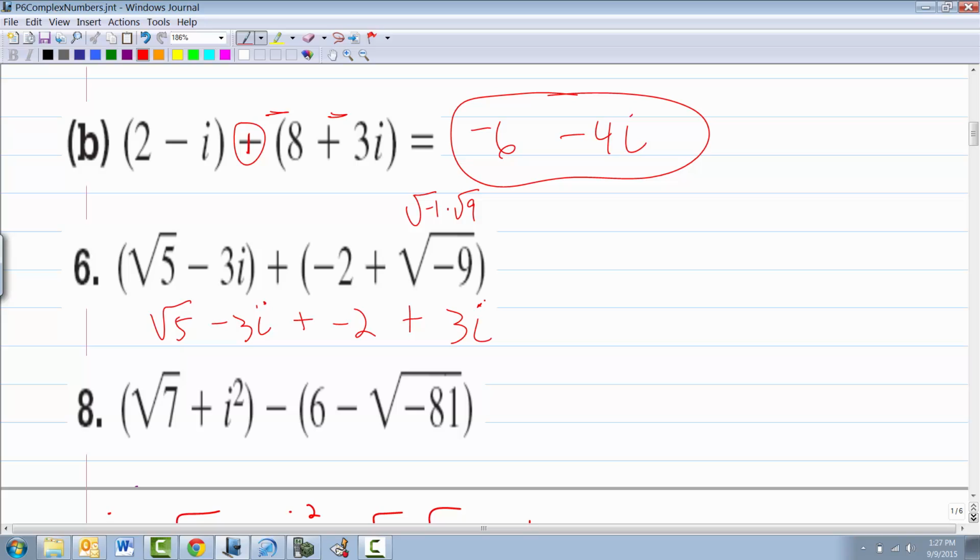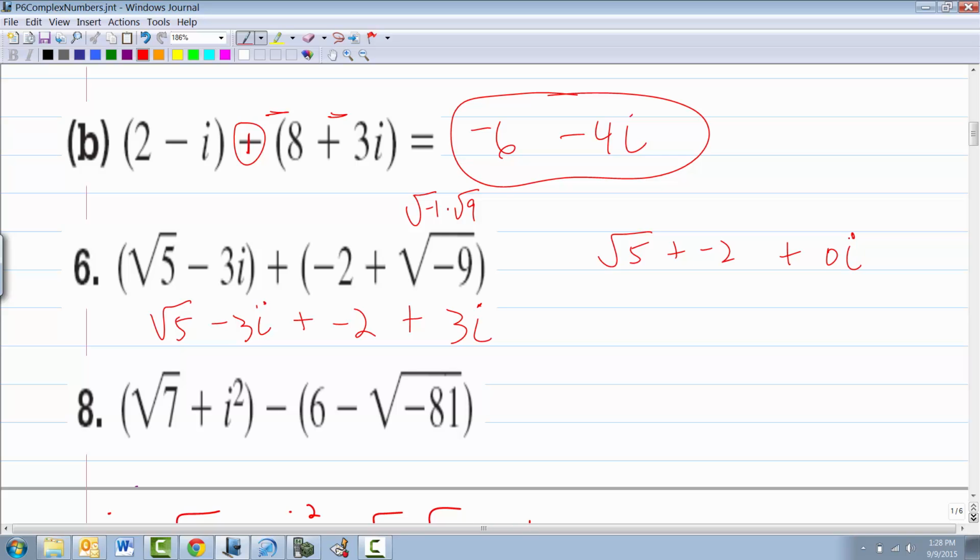Okay, so that's what you have to do. You replace the square root of negative 1 with that letter, so you don't have to look at it anymore. Like the person that decided to do this did it so that we don't have to look at it anymore, so we can proceed on and then deal with some like terms. Then next, can you do anything with the root 5 and negative 2 without a calculator? No, so that just becomes root 5 plus negative 2. And then what about the i's? Now I have a real hard question for you, but what about the i's? What happens with those?